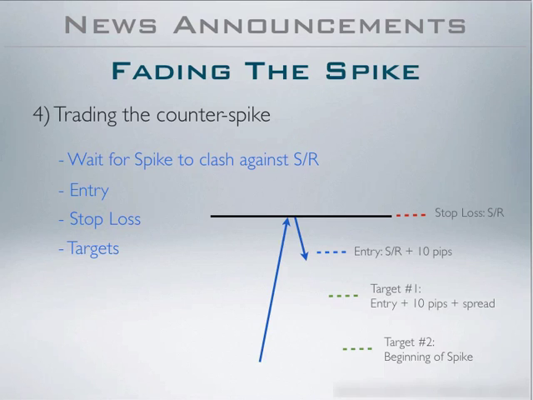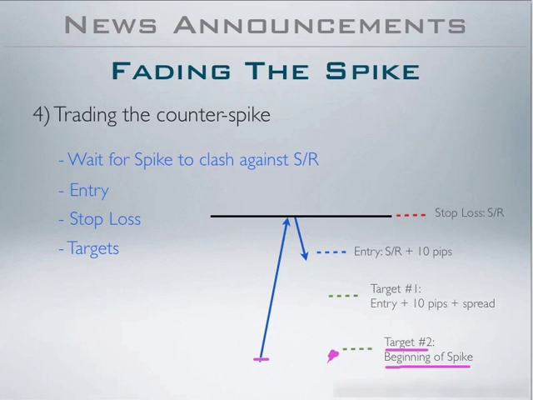And well, what about the second target? Where do we exit the remaining 50% of the trade? Well, we are going to set that second and final target at the beginning of the spike. If the news came out when price was trading at that level, that's obviously the beginning of the spike. All right, so that's where you are going to exit the second portion of the trade, the second 50% on this trade,